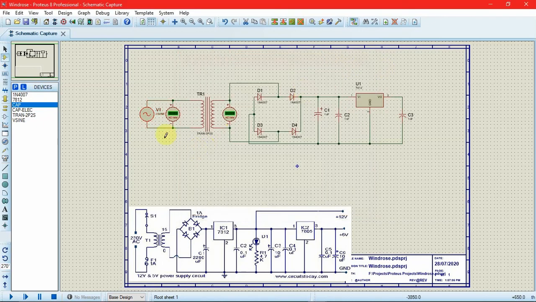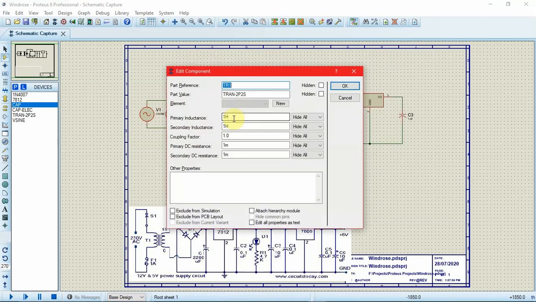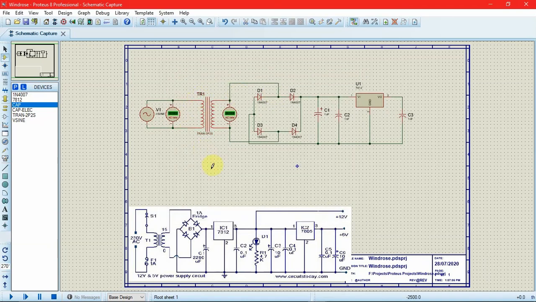So click on OK. Now after this is done, we have to change the transformer values. Now the transformer calculations are a bit more complex than the input RMS values. So I will just tell the values right now. The calculations will be learned in the theory lectures further on. So I will set the transformer value as 375 millihenry, M small for milli, and secondary inductance will be 1 millihenry. So this is the inductance that will be required for a step down transformer. Now if I play the simulation circuit,